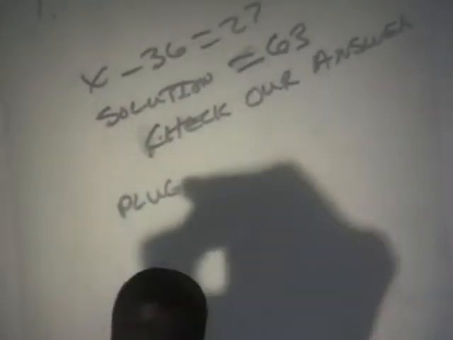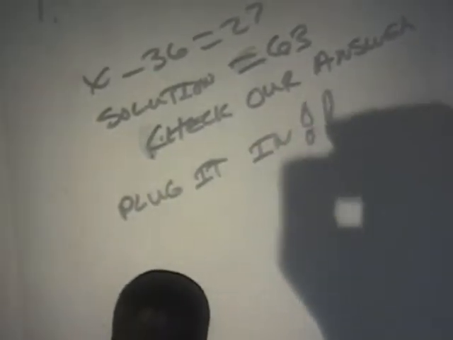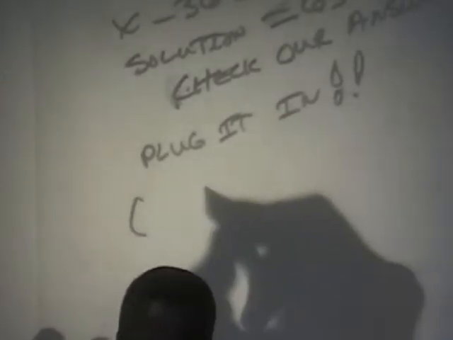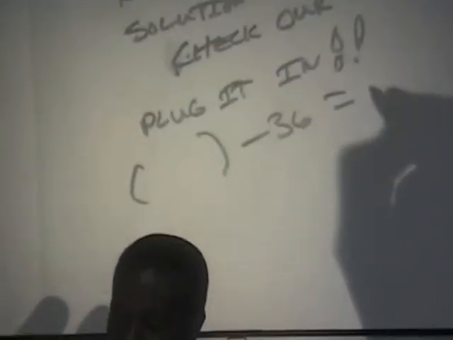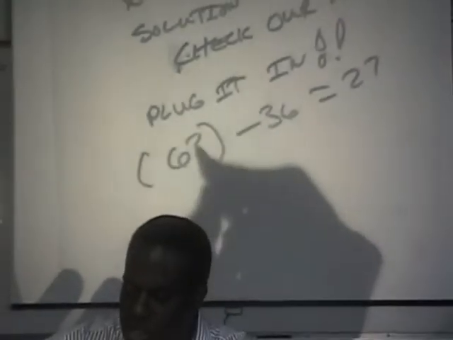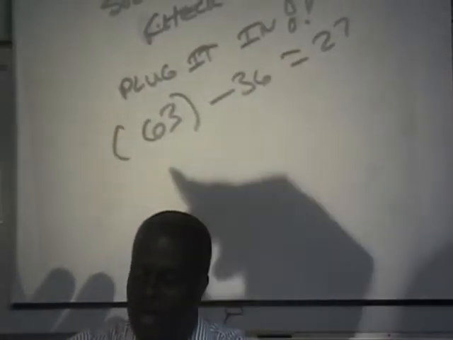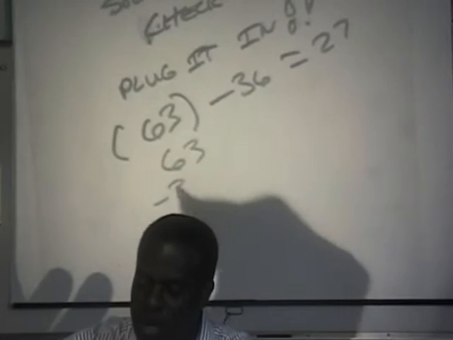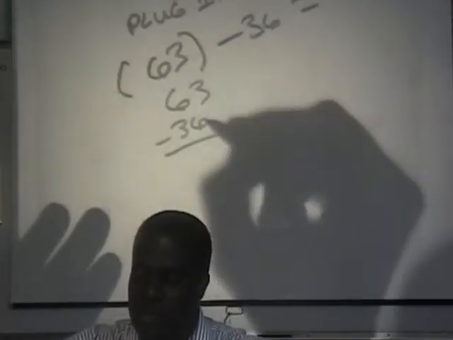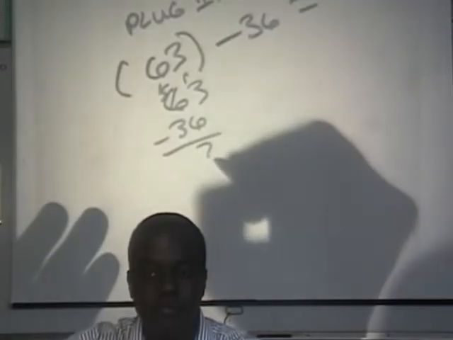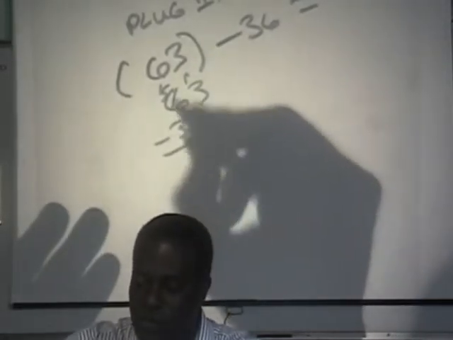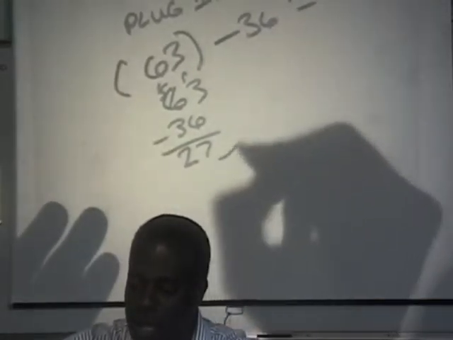We're going to plug it in. So in place of the x, we put parentheses, minus 36 equals 27. Plug in 63. Now how much is 63 minus 36? Well, 6 from 13 is 7, 3 from 5 is 2, and